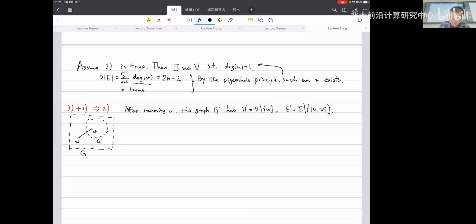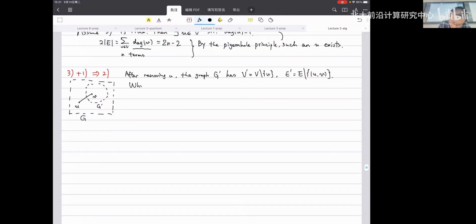So we think about what G prime is. So basically G prime is connected. This is just by the discussion that the original graph G is connected, and also U only has one edge to the part of G prime. And if you remove this edge, you can see that actually G prime should be a connected graph. So G prime is connected and